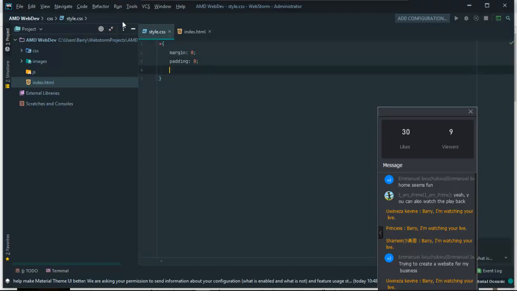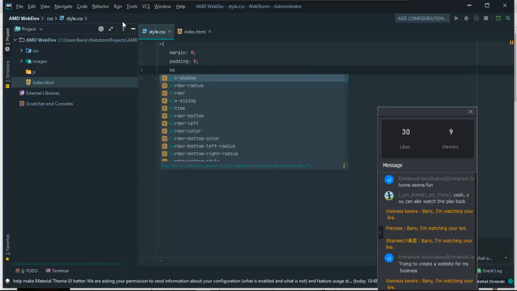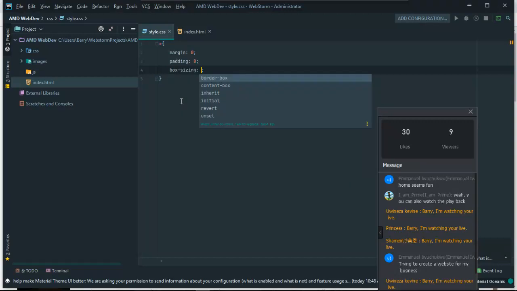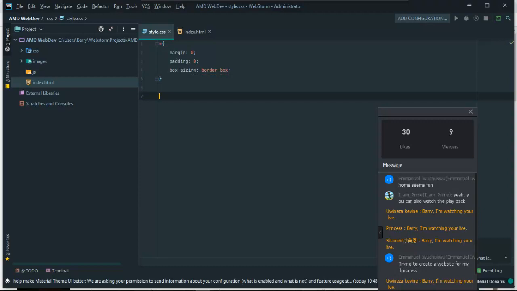Now box sizing, I'm gonna put this box sizing. Now this box sizing refers to the box model. It's a composition element on a page. You will see in a minute, I will explain. Okay, now